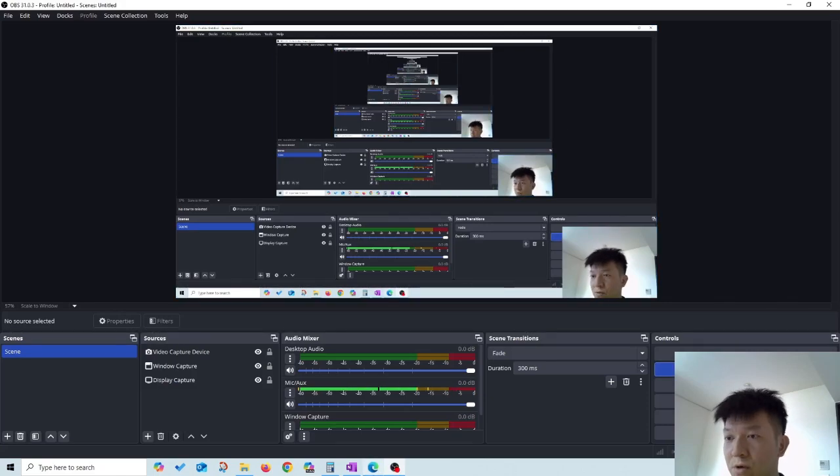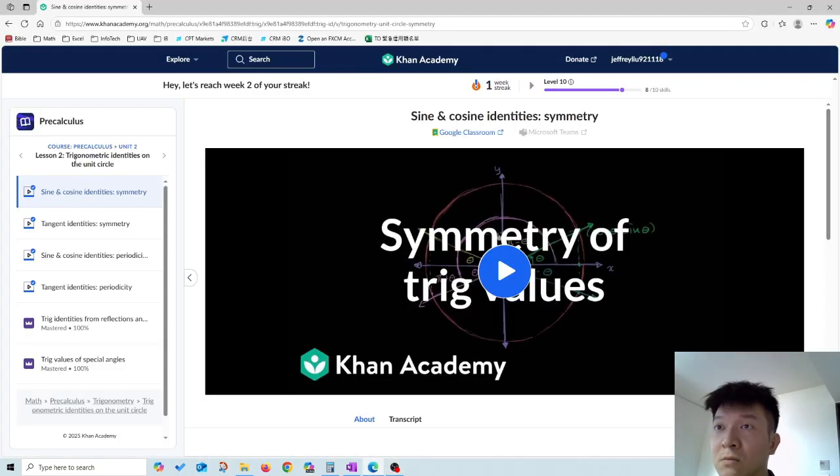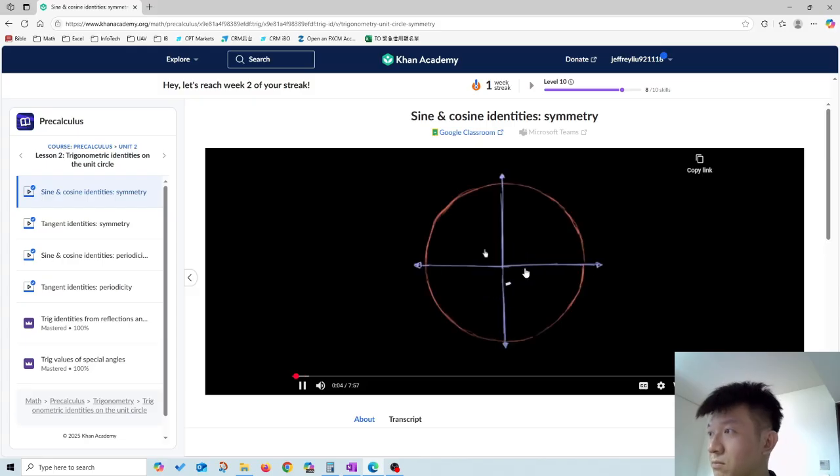Alright guys, so we are on trigonometry. So here we're doing trigonometric identities on the unit circle. So let's just start with some. So there you go, there's a unit circle,